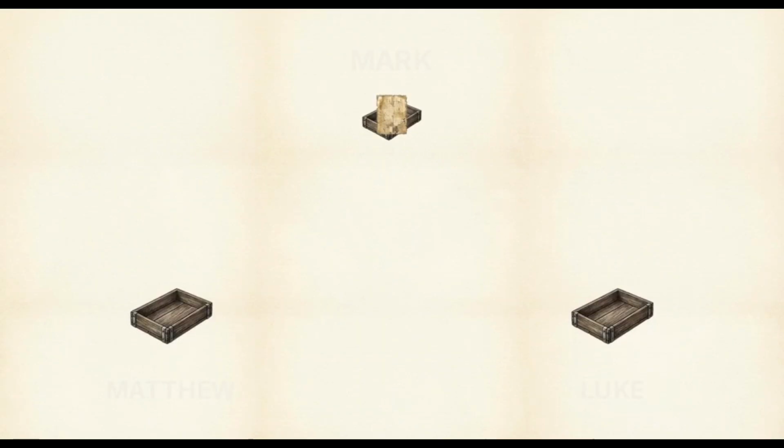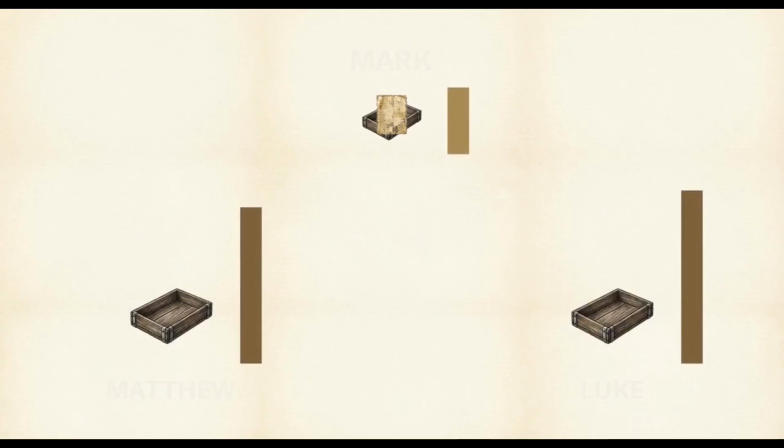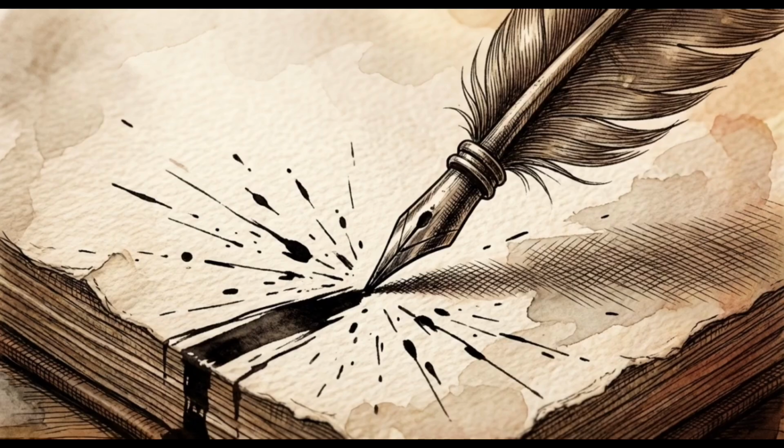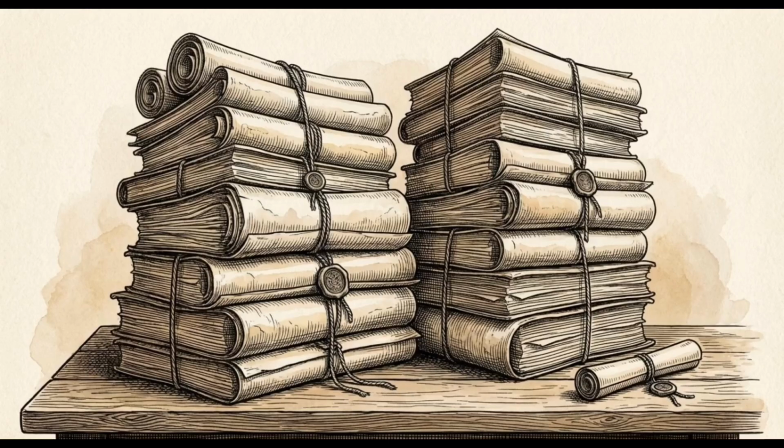The four-document hypothesis starts with Markan priority, arguing the Gospel of Mark was written first. The first evidence is length. Mark is significantly shorter. Second, almost all of Mark's raw data is absorbed directly into Matthew and Luke. Mark also features an urgent, action-driven grammatical style, specifically his frequent use of the Greek word euthys, meaning immediately. If Mark wrote his account after Matthew and Luke, it would mean he chose to omit vast amounts of their critical historical and theological information.